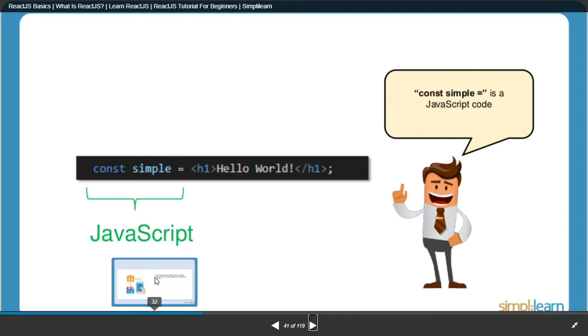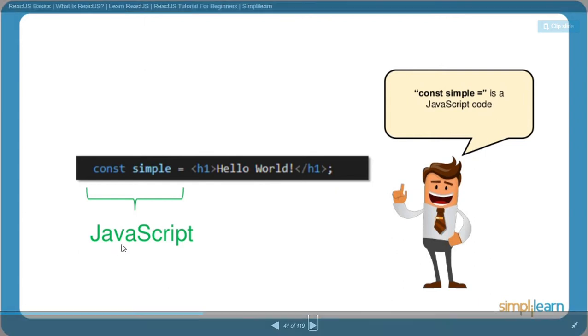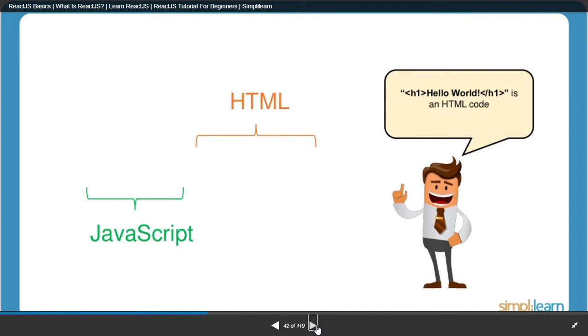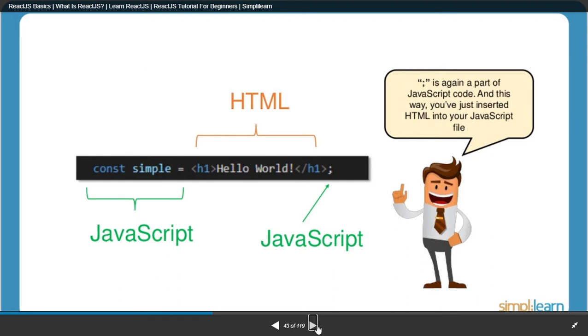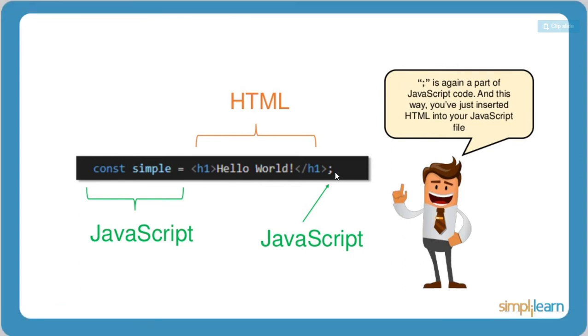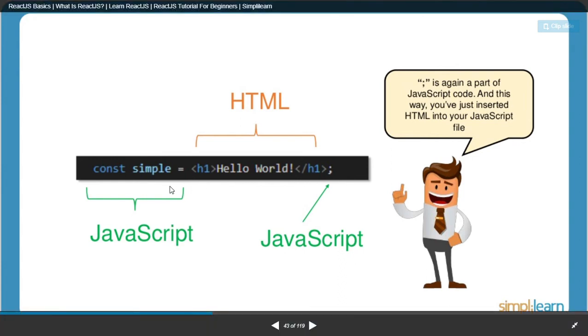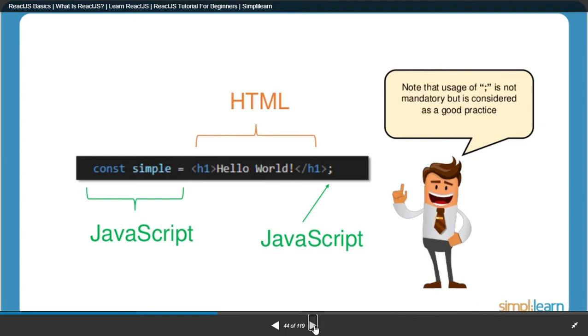Here, const simple is the JavaScript code, and the h1 hello world is the HTML code. I have also given a ternary operator, which is again a part of JavaScript code. This way we have inserted the HTML into our JavaScript file. This is the very basic JSX sample.